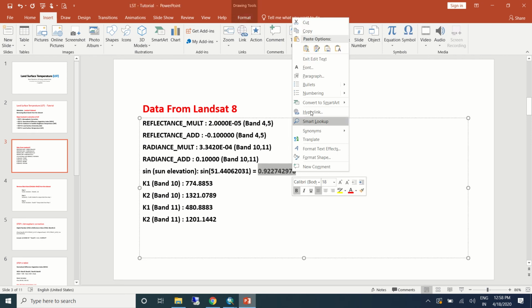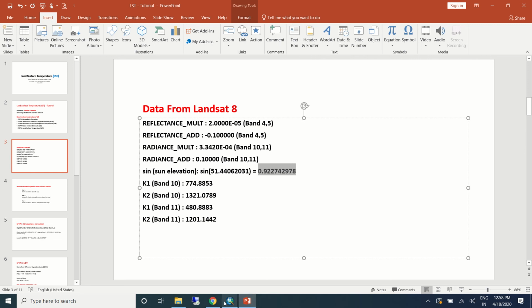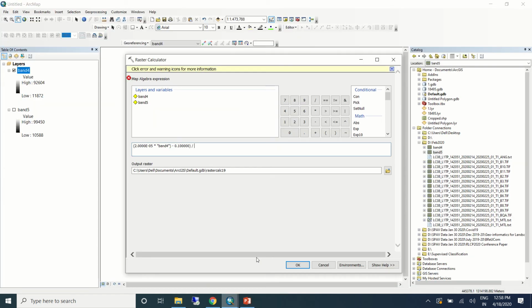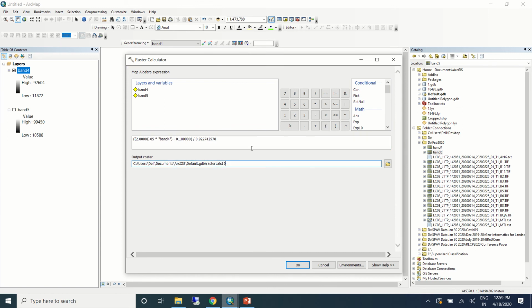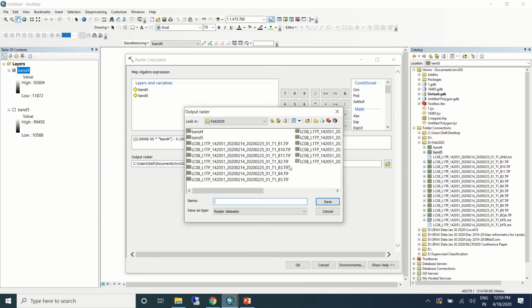So we'll copy this. Paste it here. Yeah, we can just see for the corrections. We need one more bracket here. Yeah. So save it.